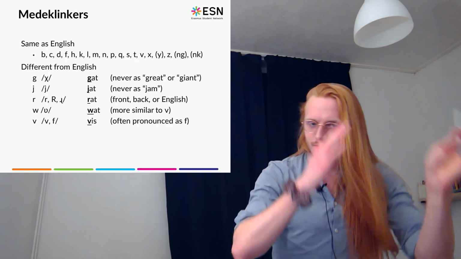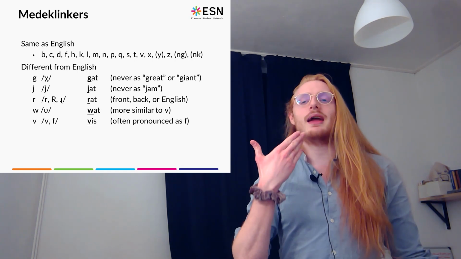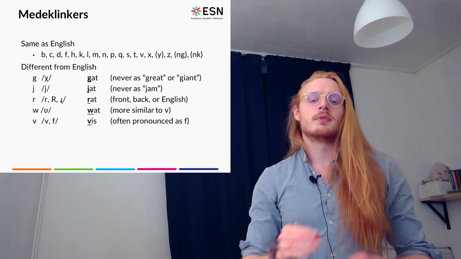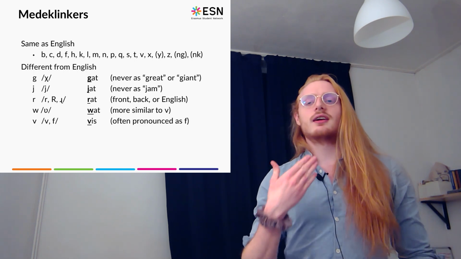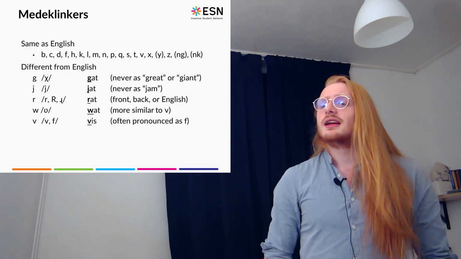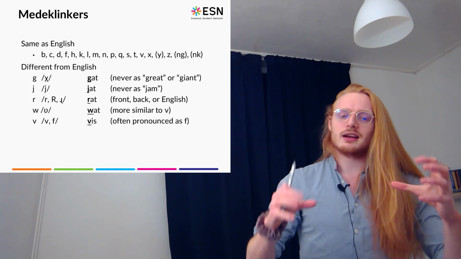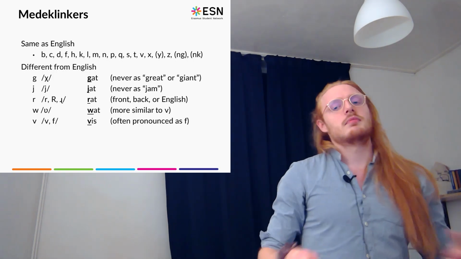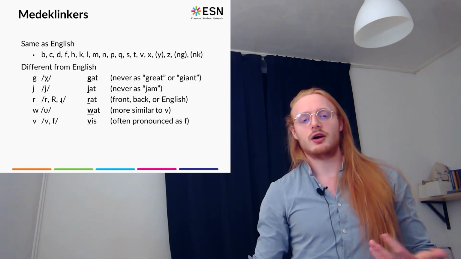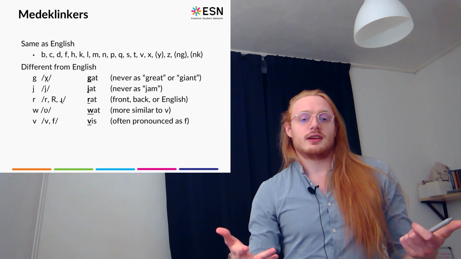If you can't, the next option is the back R, which is made by trilling your uvula, the thing dangling in the back of the throat, to pronounce an R sound. And it sounds like r, r. This is the R that I use. It is very common in Utrecht and in the middle of the Netherlands. And it's becoming a very common way to pronounce the R. If you can, pronounce the R like this. If you can't,